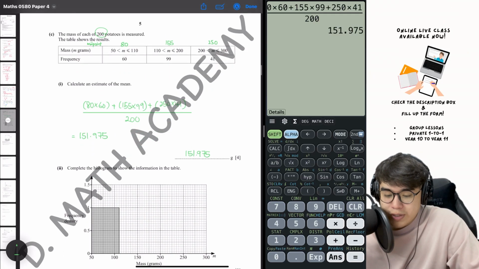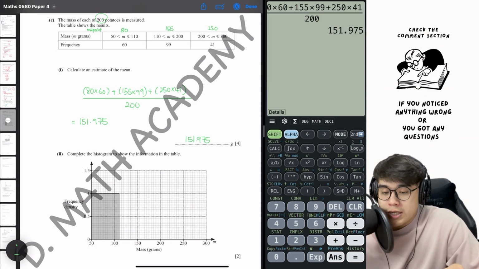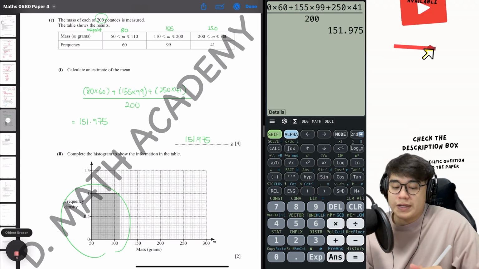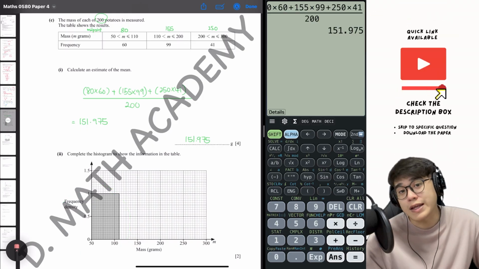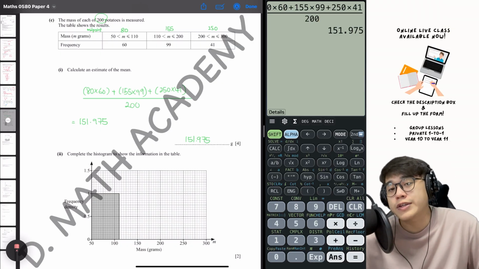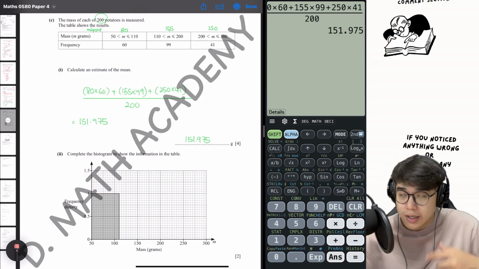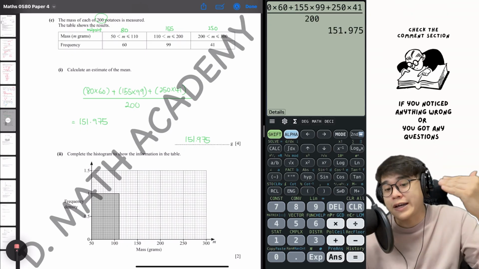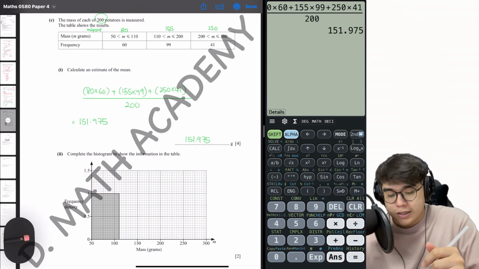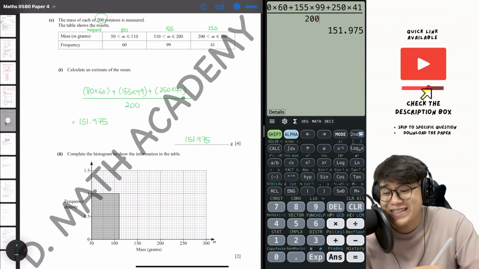Moving on, frequency density. One of my favorite questions. If they ever draw this out for you, please always calculate it as well, because it's an indirect hint whether there will be scale factor involvement or not, which will affect how much height you're drawing here. So for this question, you will be taking